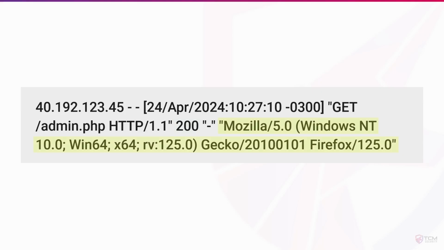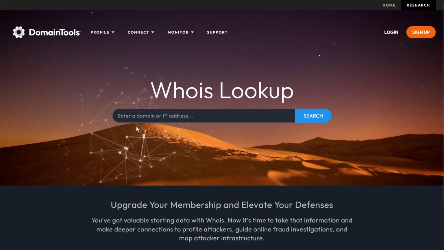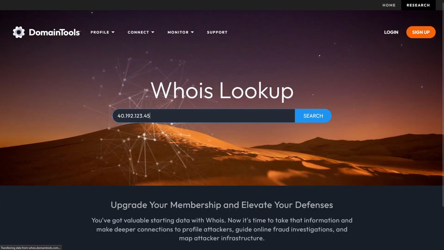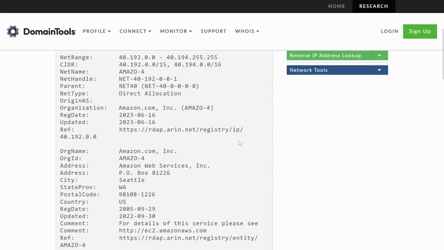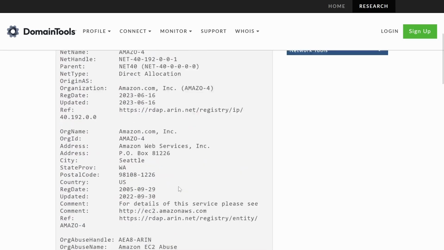And it can actually tell us many things about the request or the source of the request, including the browser that the requester used, as well as the operating system used for the request. So we can actually take this IP address that we discovered and perform a lookup to identify where the request came from geographically and what service provider the IP address belongs to. This, of course, can be useful information during an incident response investigation, and it can help us trace the origin